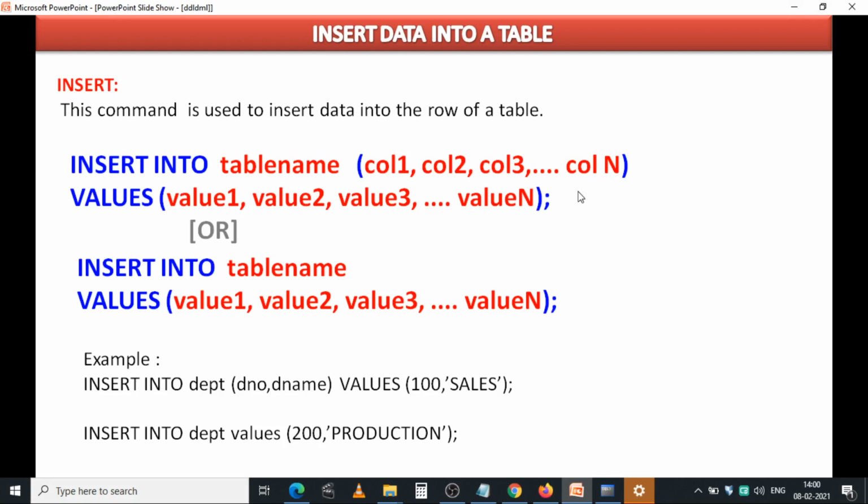So in this syntax, the column names after the table name are optional. You can write the insert syntax like this also: insert into table name values, value 1, value 2, value 3, and so on, value n. Just go through this example: insert into DEPT.